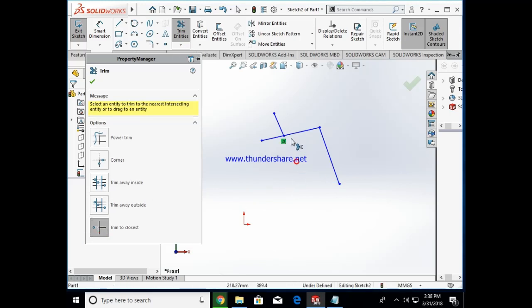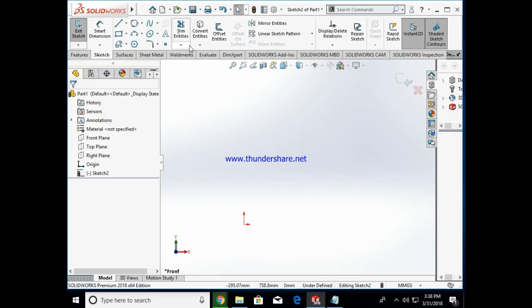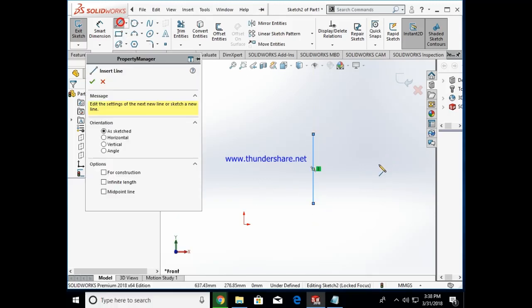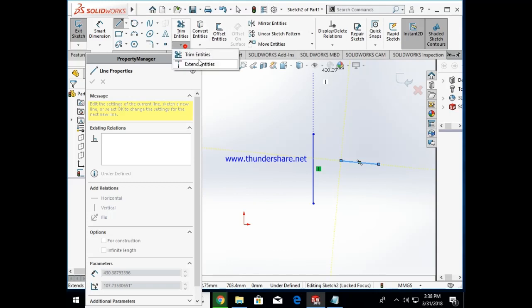Then the next one is extend. Extend is the opposite of trim. As I have said, trim is a removing option, and extend is an adding option. If there are any underlapped objects, it will extend. So the next option is